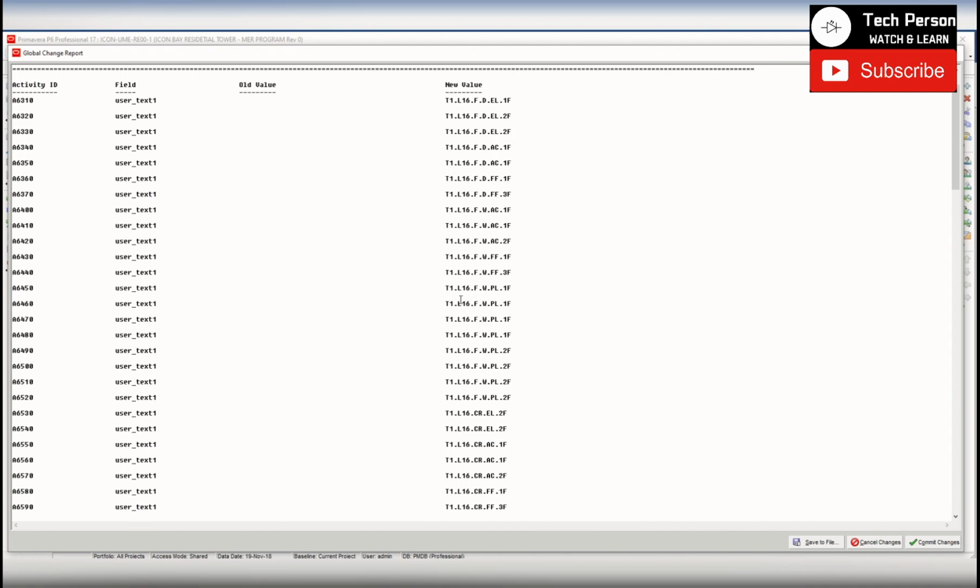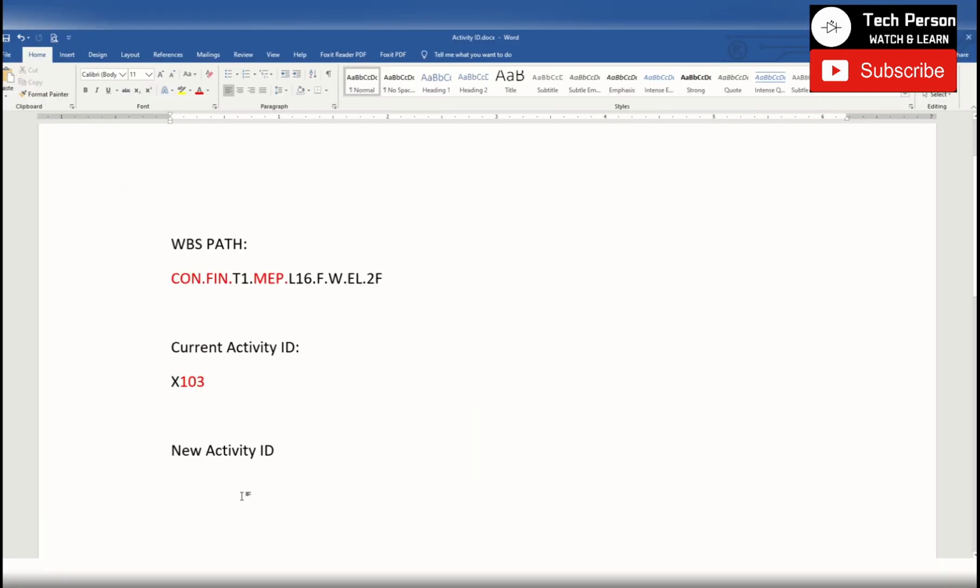So wet area electrical, this is the one. Copy it. So as you can see, this is the same T1.16F.W. So now if you see here,